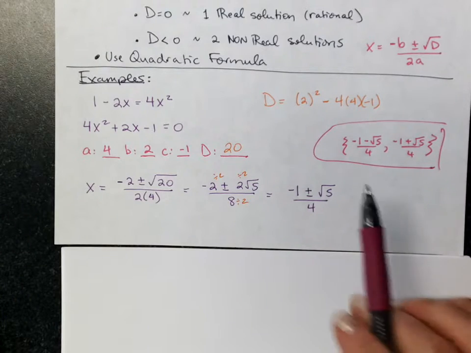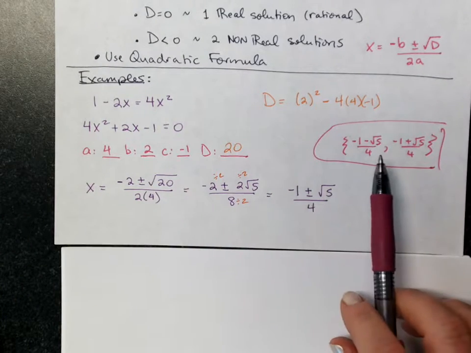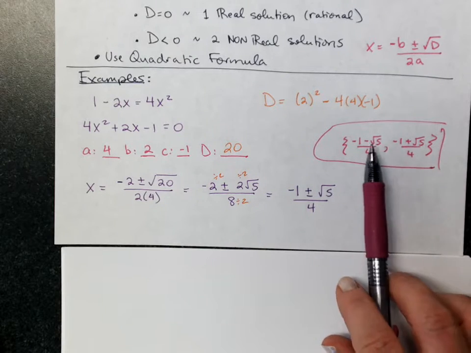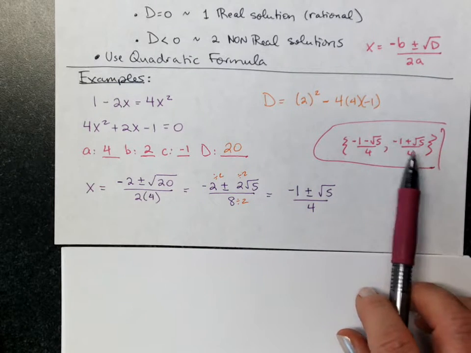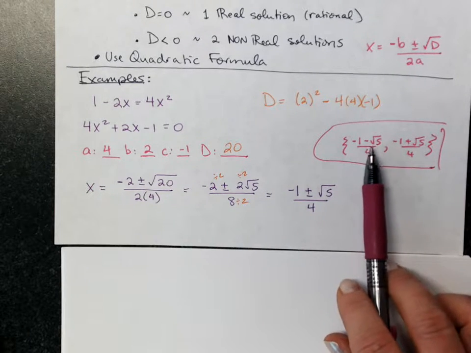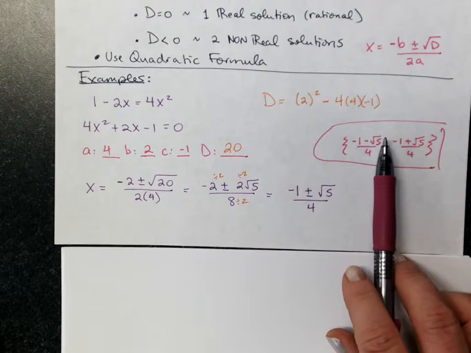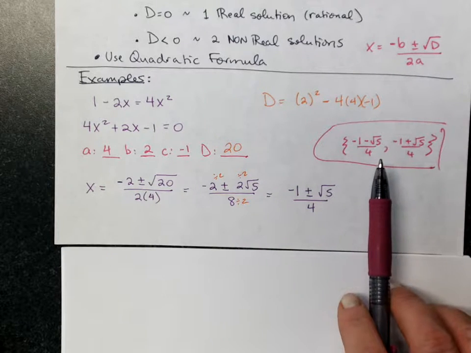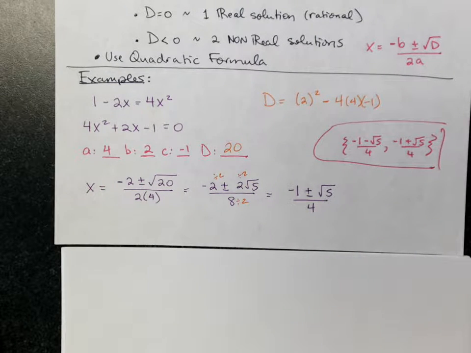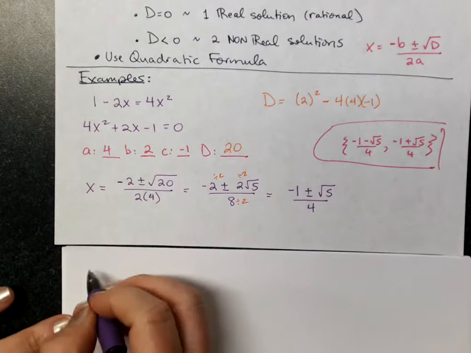Now if you put this in the calculator, you would have a parabola that went through 2 x-intercepts. X-intercept, x-intercept. Even though those are ugly, if you put negative 1 minus square root of 5 divided by 4 in your calculator, it's going to give you a number. It's an irrational number, so you have to approximate it to graph it, but that will be a place on the x-axis, like we saw at the beginning. So let's do